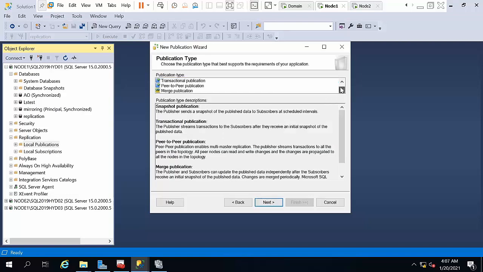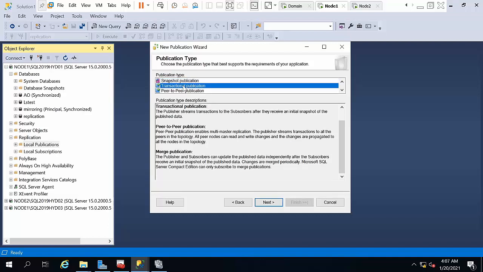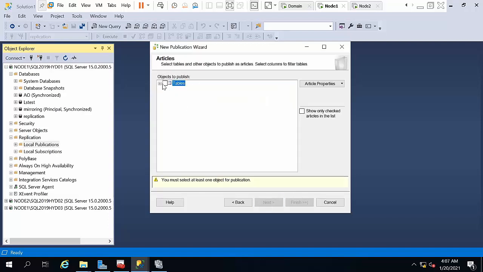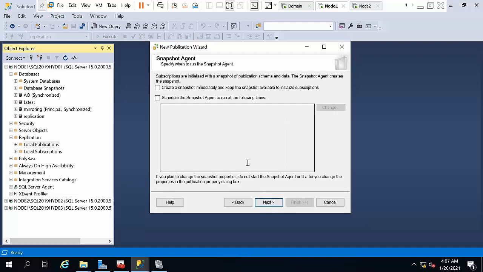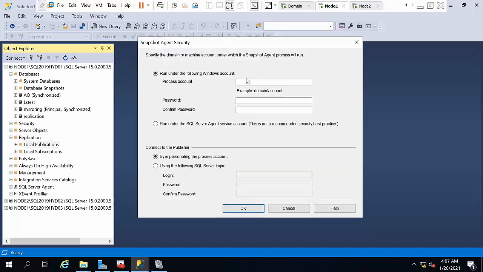So here we have all the replication types, but most of the time we use transactional replication only. The procedure is almost the same, P2P is a little bit different, but I will show you transactional replication now. Click next, select the tables, next, next, create snapshot immediately, next, select,